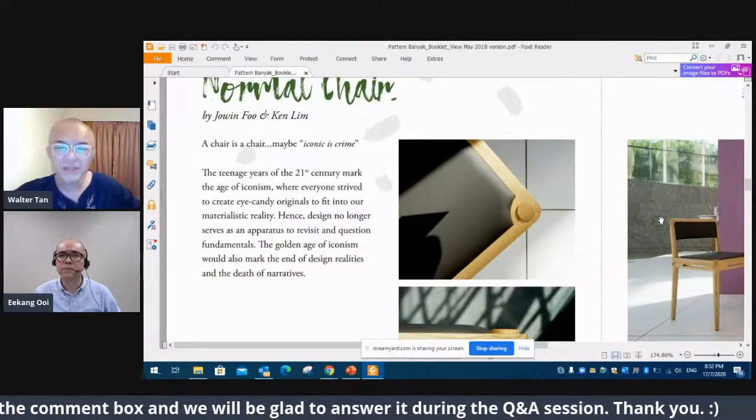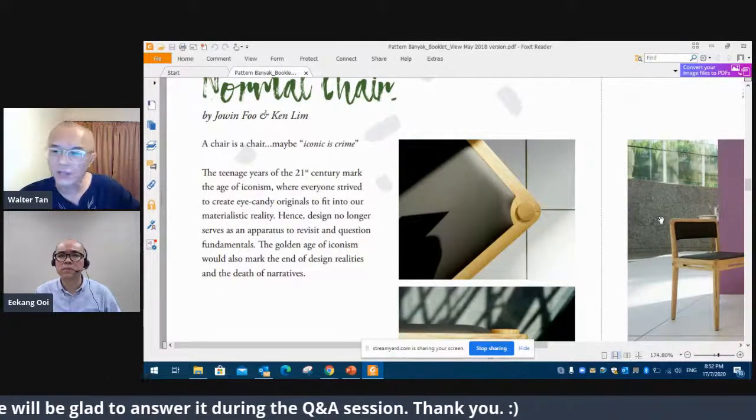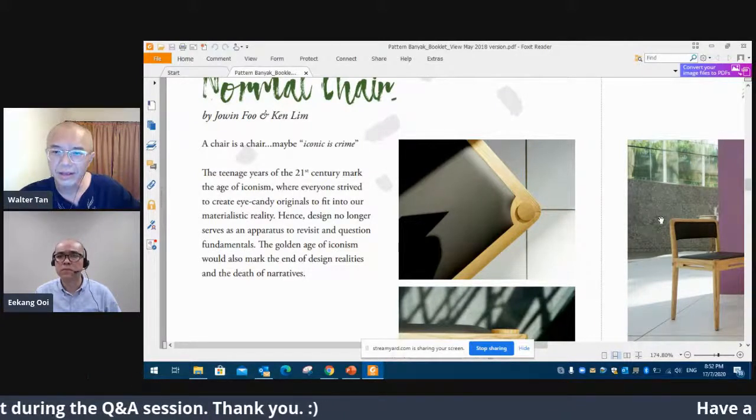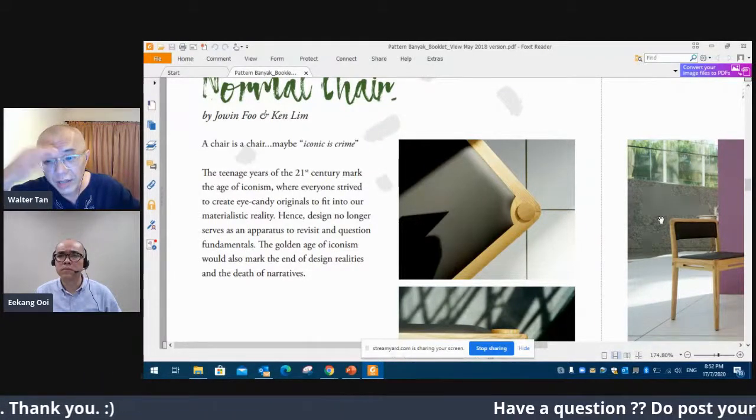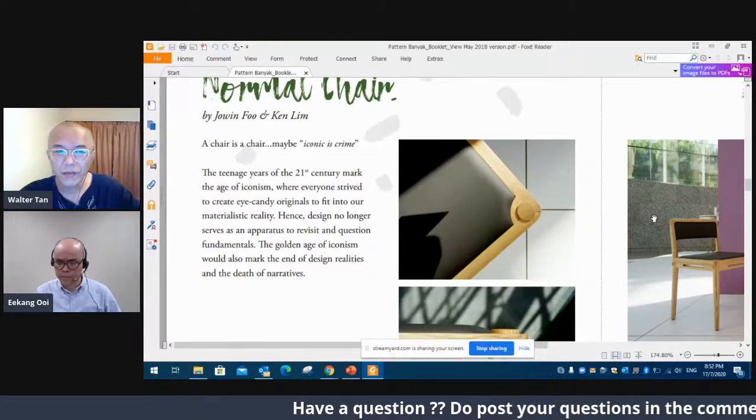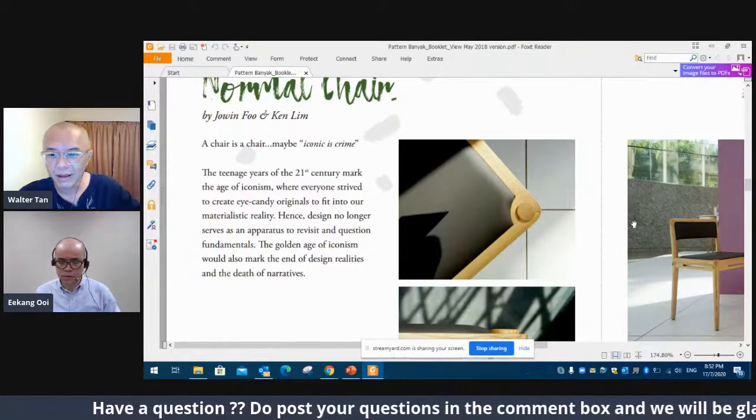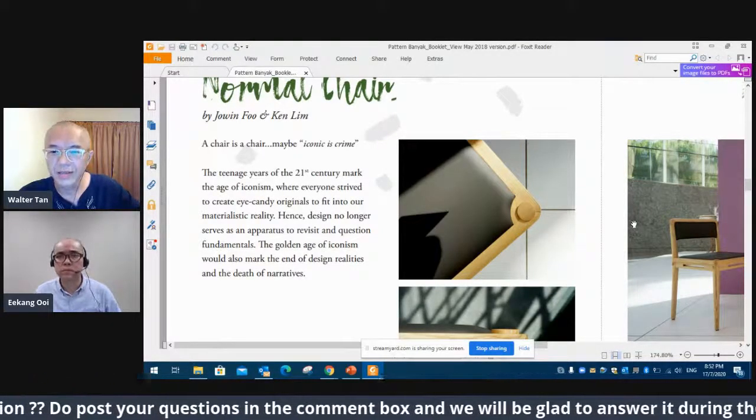But the sad thing about this is that this is all made in China. Not many factories in Malaysia want to support this. So for me, as your designer,